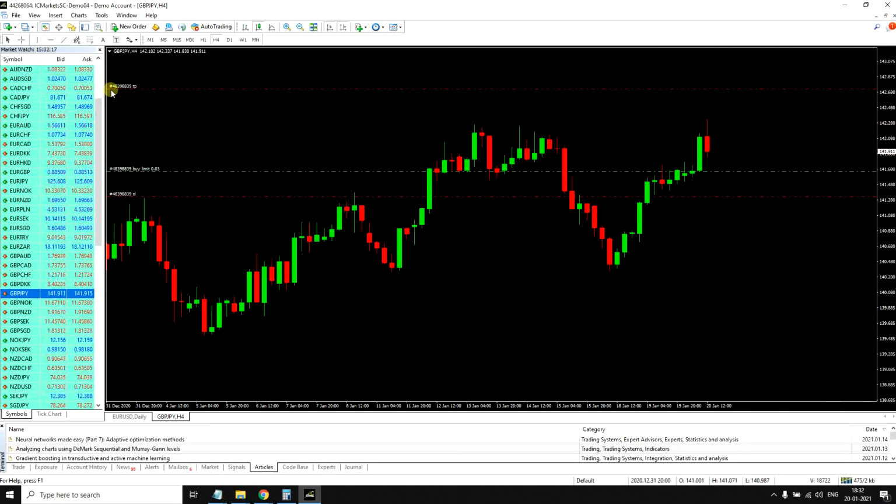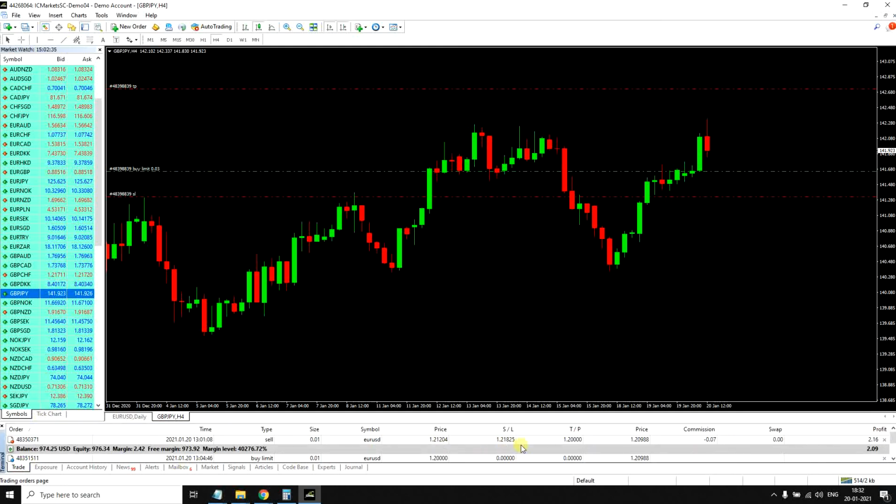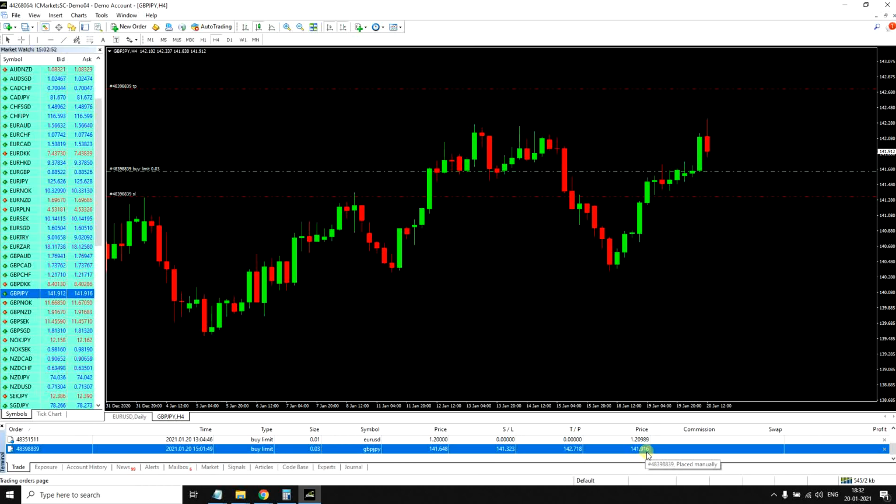And next, here you can see TP. TP means take profit. If you win this trade, that means you are going to win $30.92. That means 1:3 risk reward. And this is my buy limit entry, which is, you can check here, this is buy limit order GBP JPY 141.648. It's my price where I'm planning to enter into the trade. And right now price is trading at 141.918 or 970. So approximately 30 pips away from my entry.